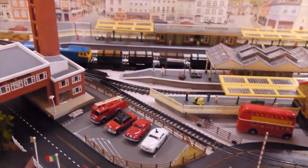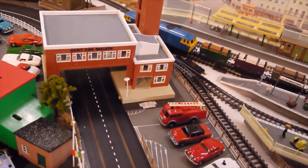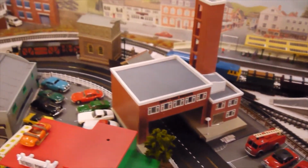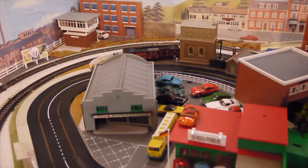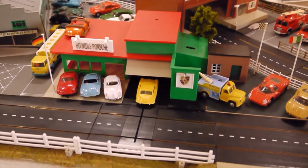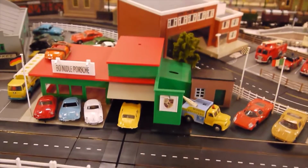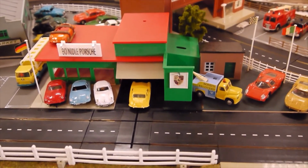Over here, the drive-through building, of course you could get one that had a helicopter on the top and launched helicopters off the top of it. And then coming around down here, the Triang model supermarket, and then the Mad Motorist accessory where the yellow Porsche backs across the road. I have added some embellishments into this. I've made it actually into a small Porsche dealership,